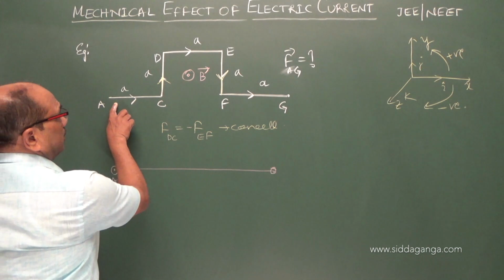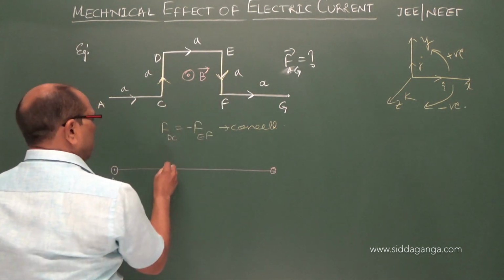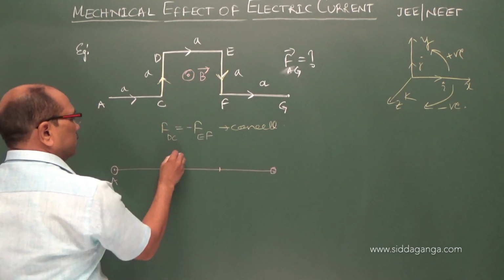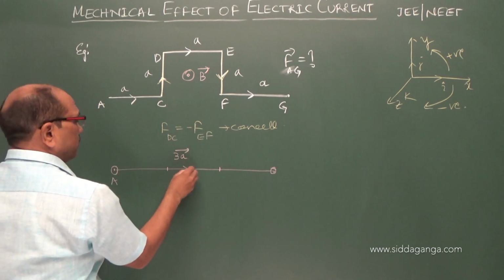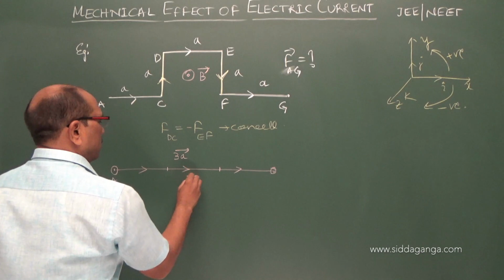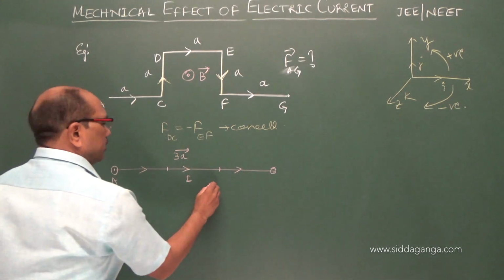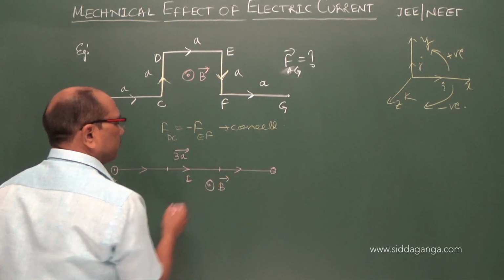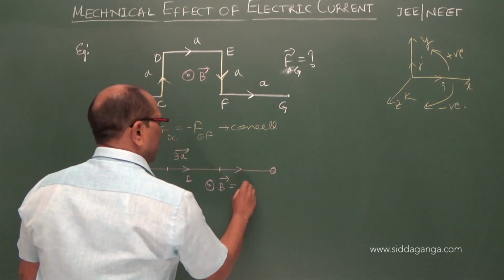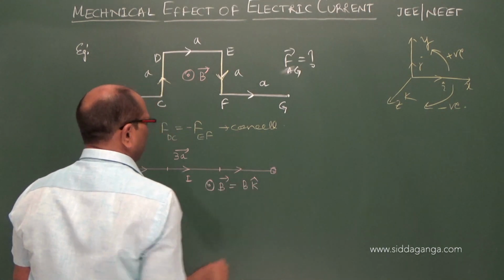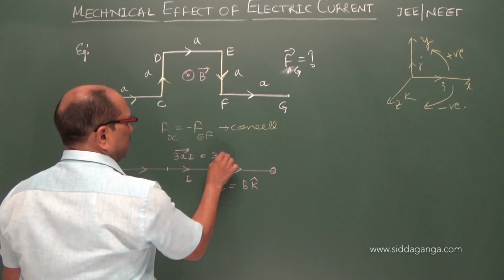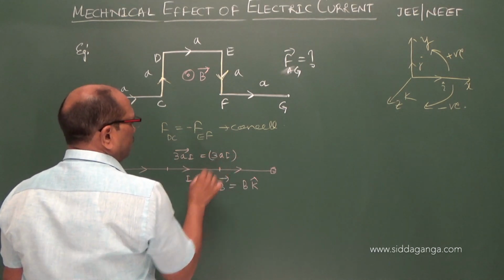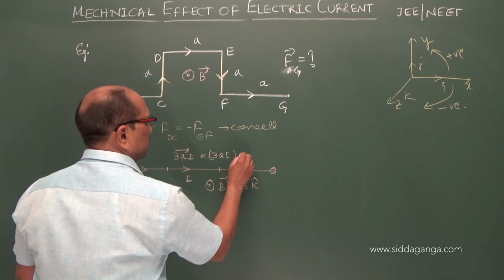So now this A and this portion A together make 3A. The current is from left to right, I. The magnetic field is out of the board, B, which I can write as BK. Whereas this 3A I is 3AI, and its direction is I.